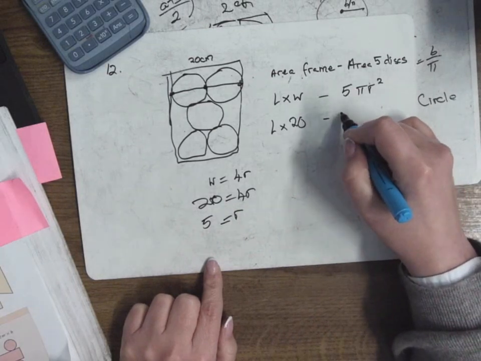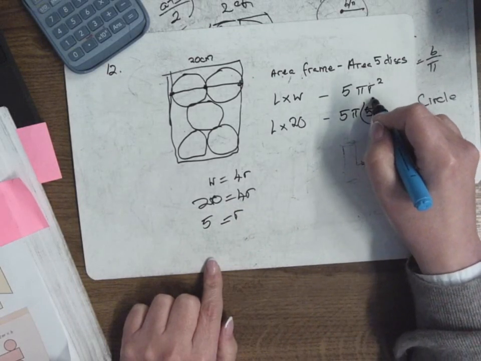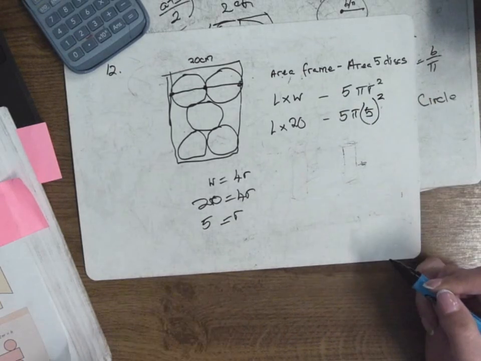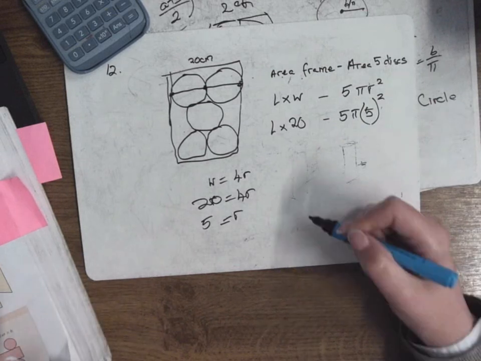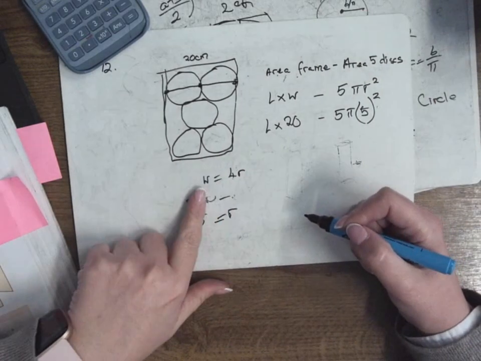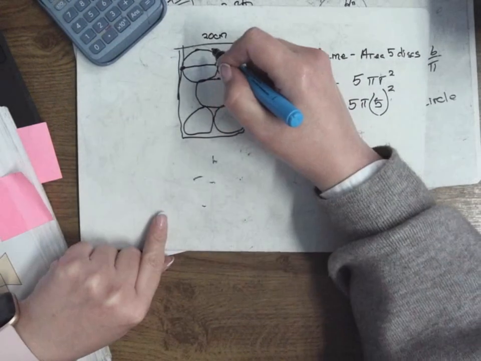Okay, so look, I can do 5 pi multiplied by 5 squared. Oh my god, I'm nearly on a H1. Right, okay, are we alright? Okay, now we have to get the, I shouldn't have rubbed that out, I don't know why I did, but now I need to get the